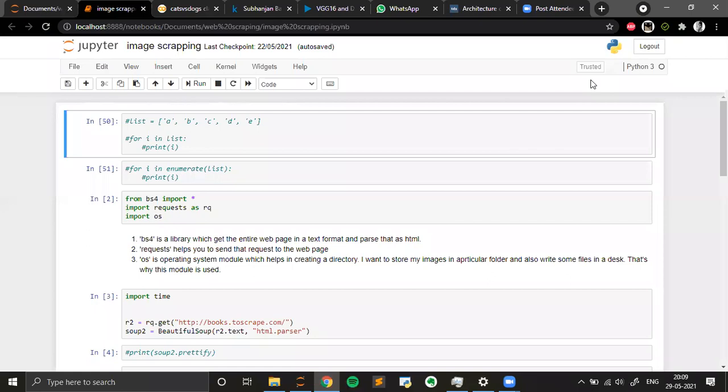Now, how is it going to help us? Suppose I'm just giving you a very simple example. Suppose you are doing an image classification project, and there you need to classify between different categories of animals. There are cows, cats, dogs, and many other animals, and you have to classify which animal is which. You have to make a model on that. So for that,